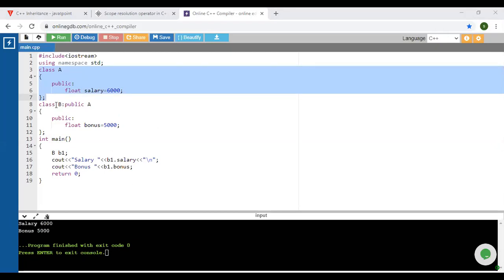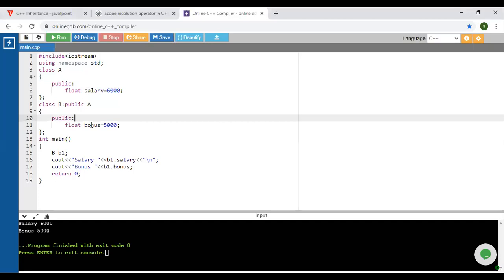Next, we want that particular salary inside the class B. So how are you going to access that salary inside the class B? For that purpose, we are using this particular part. The middle one merges both these classes with the help of this operator, called the scope resolution operator, and this is the visibility mode.